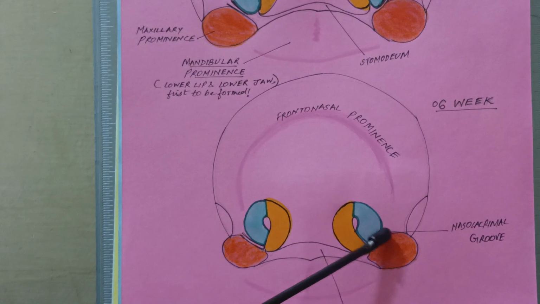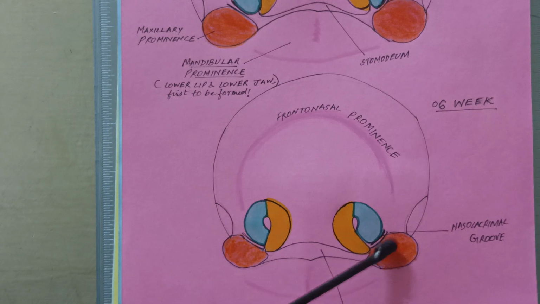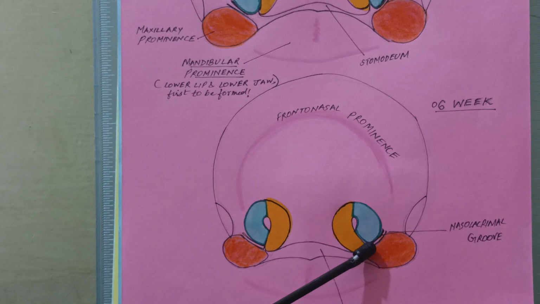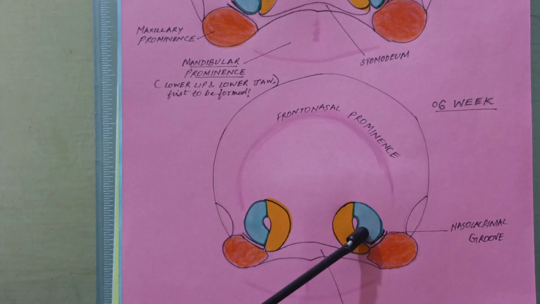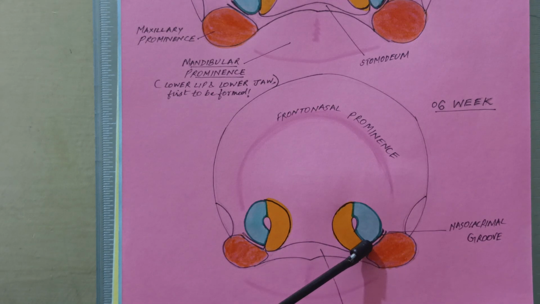Now you can see that there lies a cleft or groove between the maxillary process and the lateral nasal process. This groove is called the nasolacrimal groove, right? These are the future eyes, and this is of course the nose. So the groove in between will be the nasolacrimal groove, and we know that it is due to the proliferation